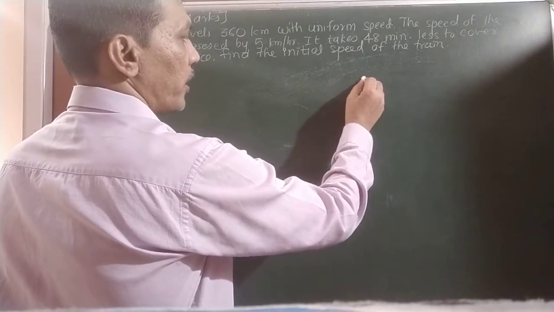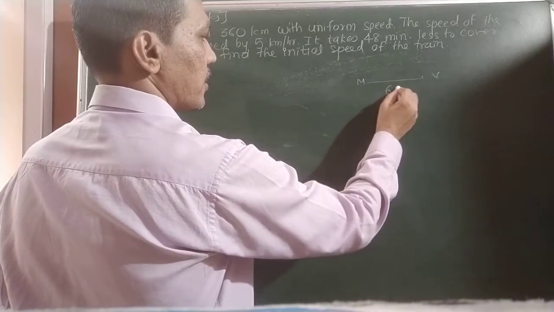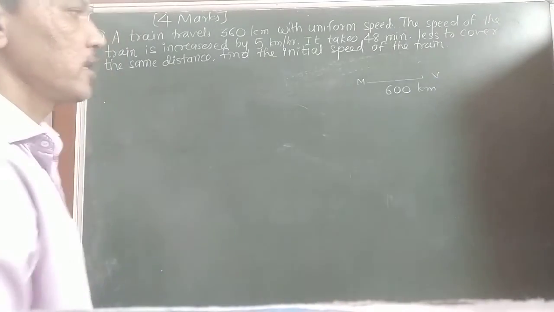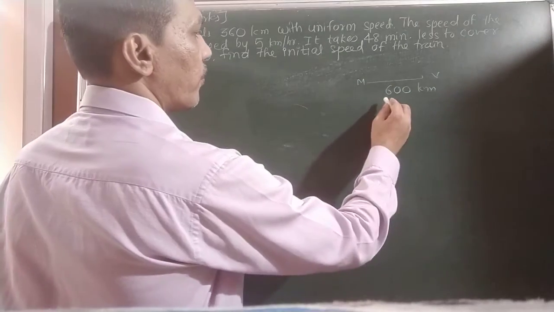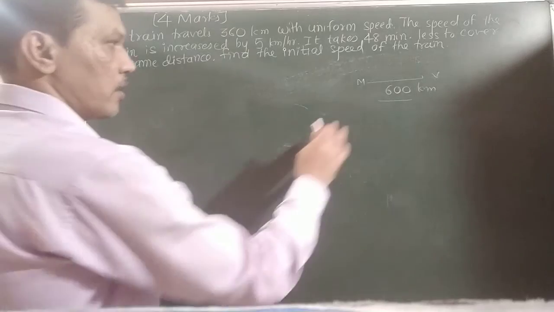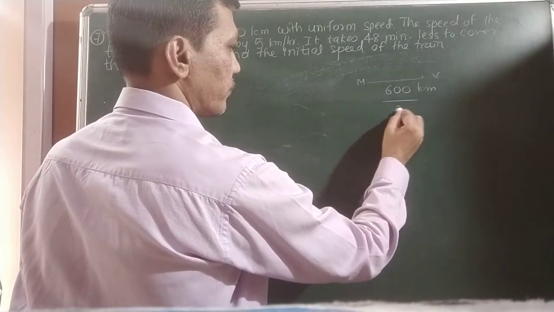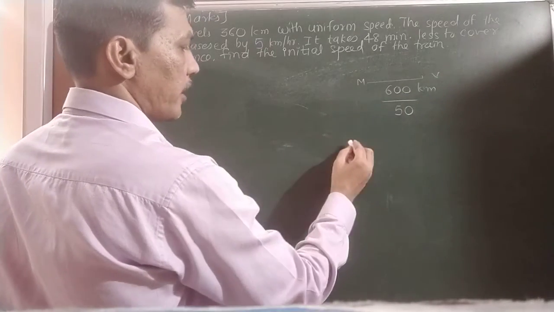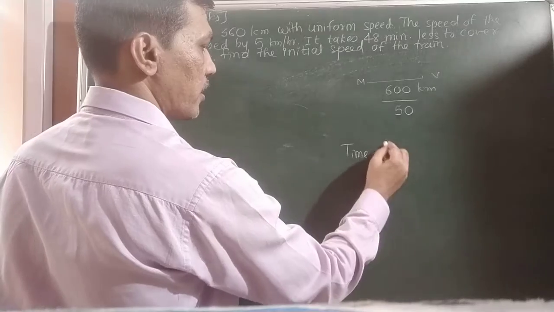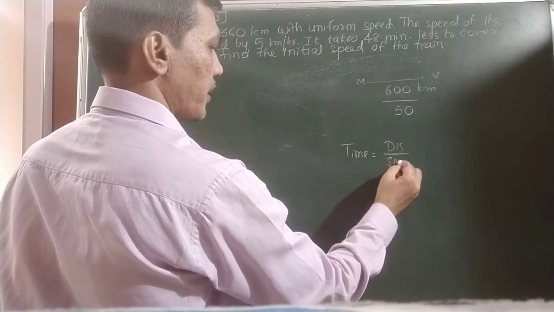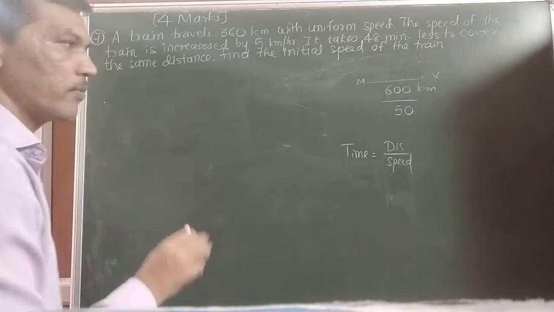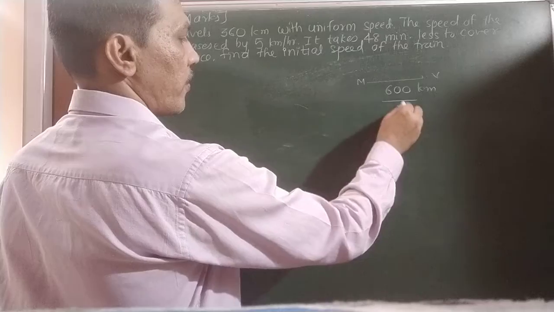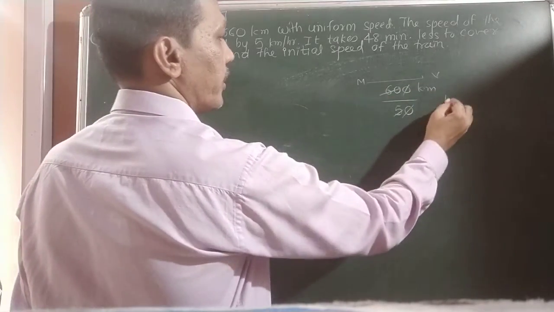Suppose from Mumbai to our village the distance is 600 kilometer. Distance is counted in kilometer. Barabar? From Mumbai to our village 600 kilometer, and the speed of train or vehicle is suppose 50 kilometer per hour. Speed is counted in kilometer per hour. So what is the time taken? What is the formula for time? Time is a simple formula, distance upon speed. So in our sum it is suppose 50, the speed of that particular vehicle or train. So 600 divided by 50, what is the time required? It is equal to 12 hour.